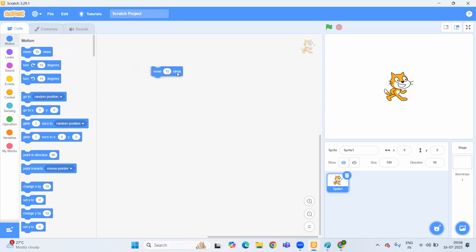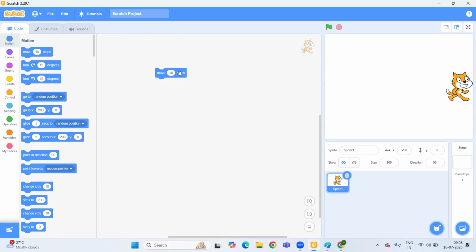Just drag and drop it in the coding area. It makes the sprite move 10 steps forward in its current direction. When I click on that, you can see it is moving 10 steps, correct?